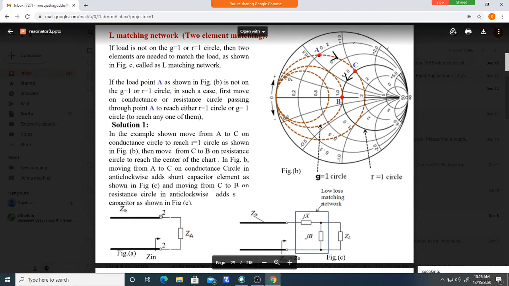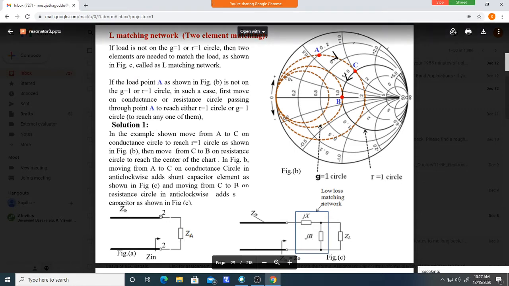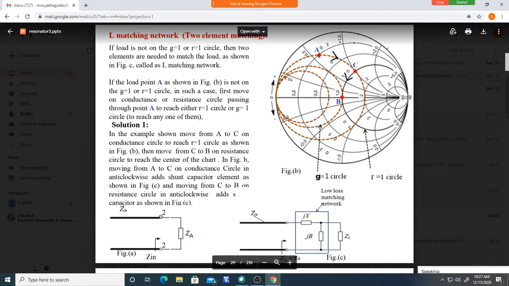Okay, that means whenever you look in this direction, you must stay here. Okay, but where you are now, you are here on the Smith chart. But what we want is that when you look in this direction, I should be here. Okay. So now the question is how to come from here to here. That is the question here. You should come to here, but now we are here. How to reach? You cannot simply come here.